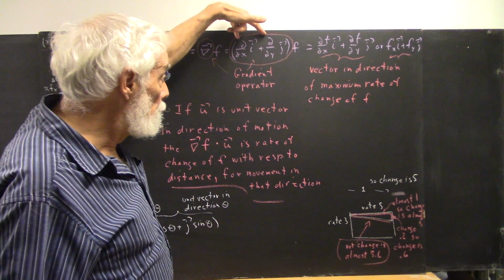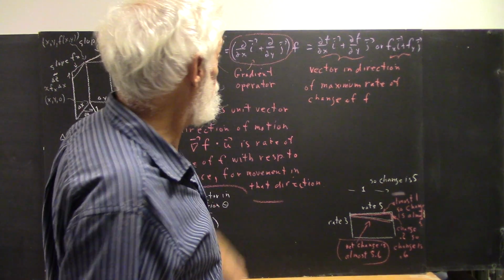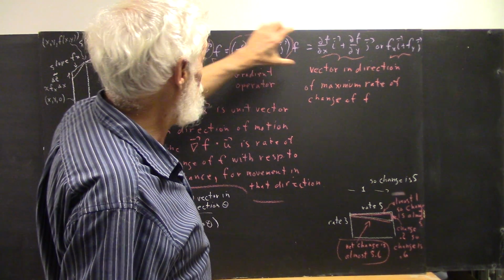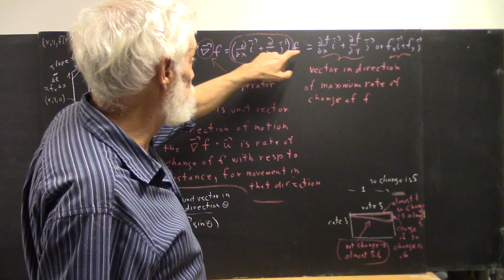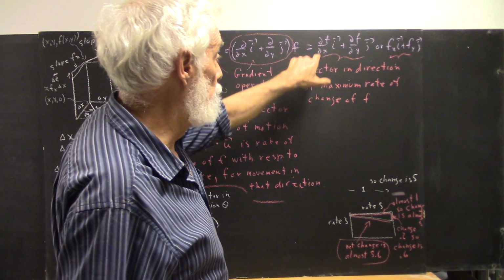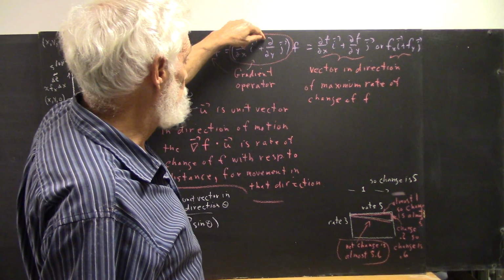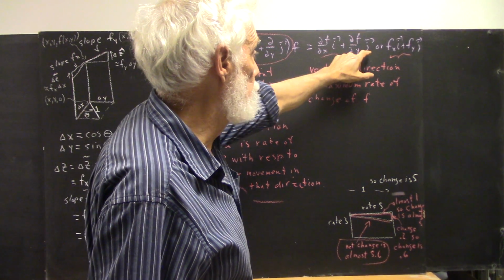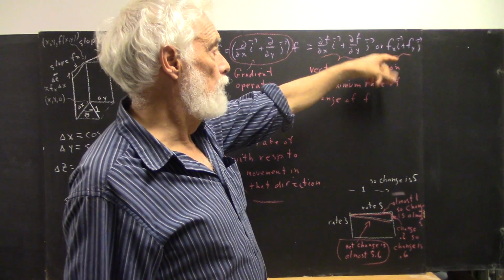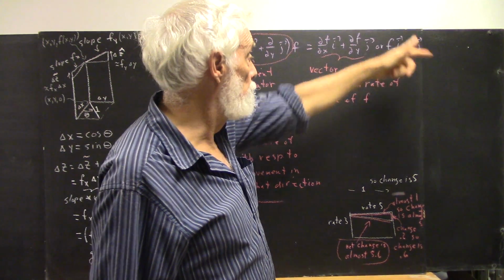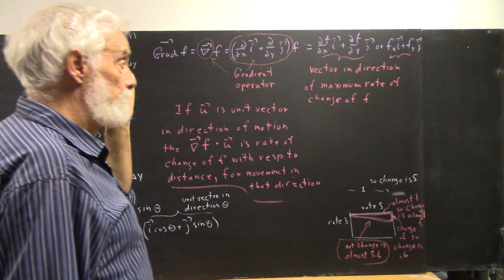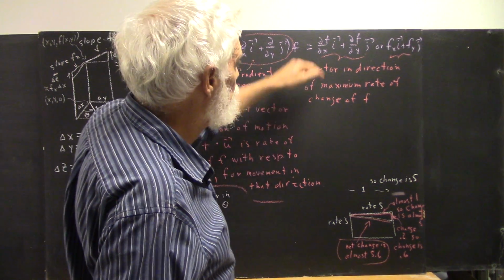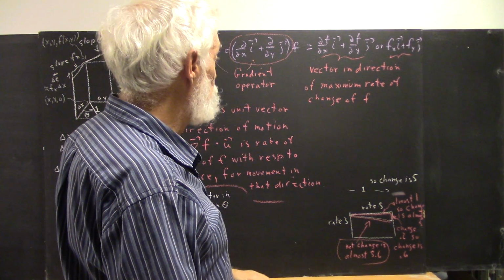So we take this operator and we apply it to f in the obvious way, so that when we apply this to f, we get the partial of f with respect to x times i, and the partial of f with respect to y times j, or as we could denote it, f_x i plus f_y j. This gives us the gradient vector,